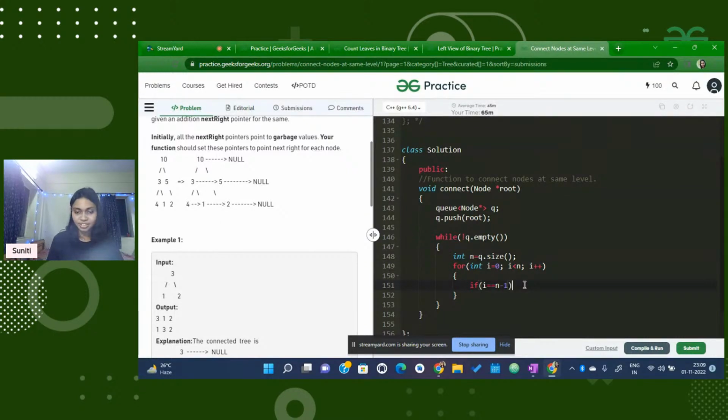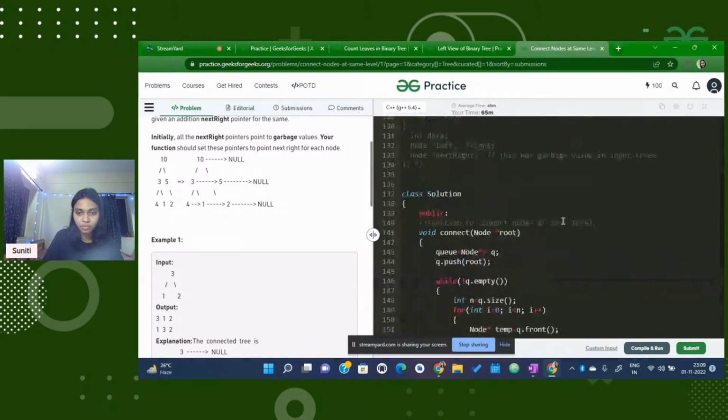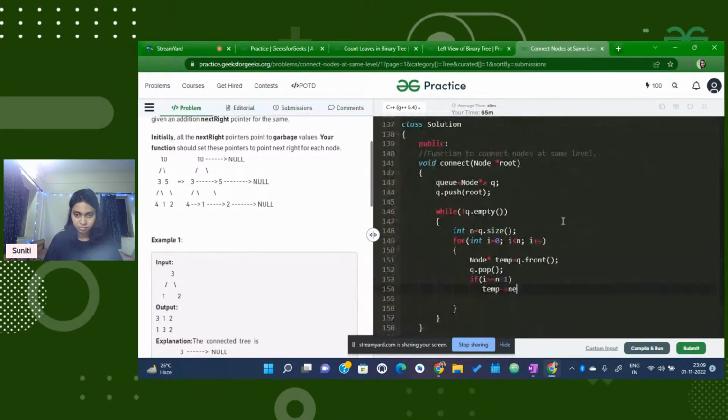So if i is equal to n minus 1, we need node star temp is equal to q dot front, q dot pop. If i is equal to n minus 1, then temp's next right is equal to null, else